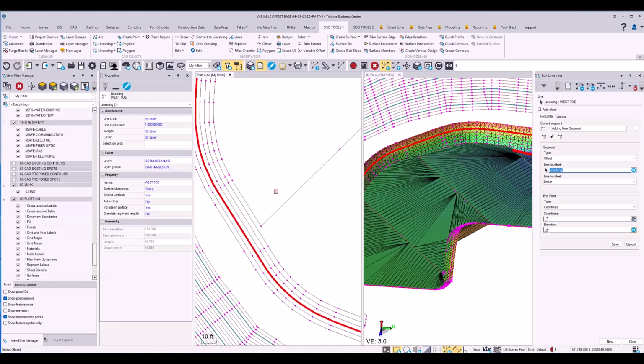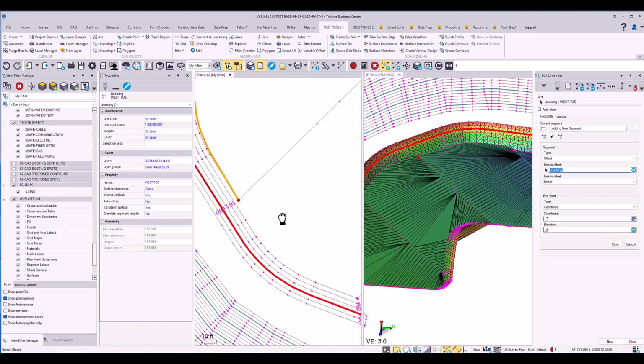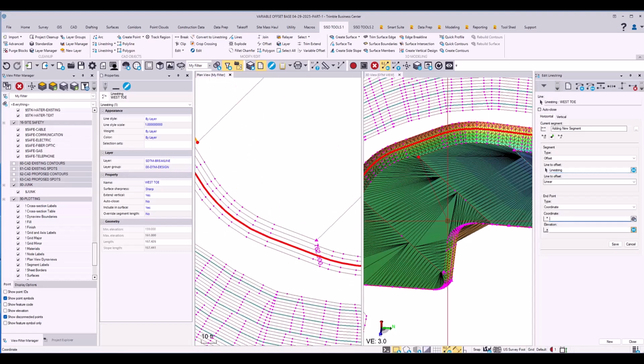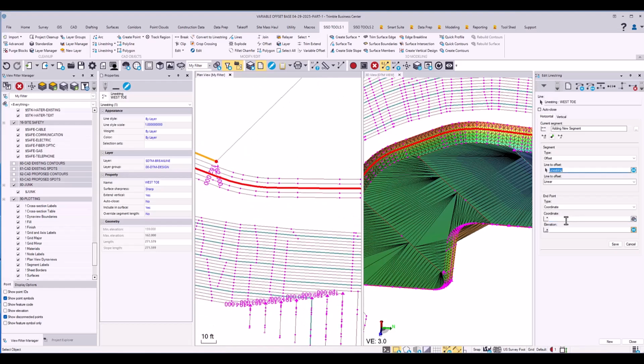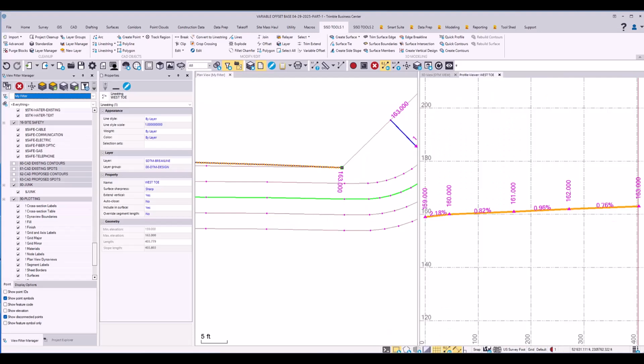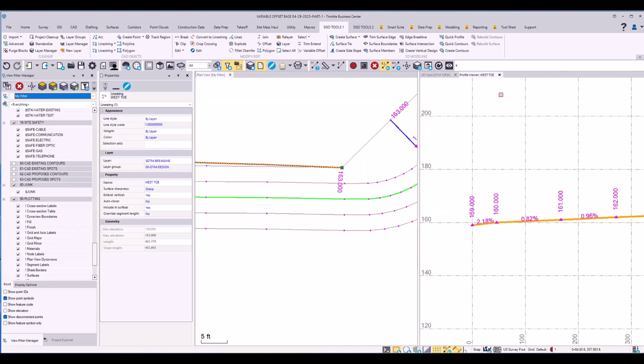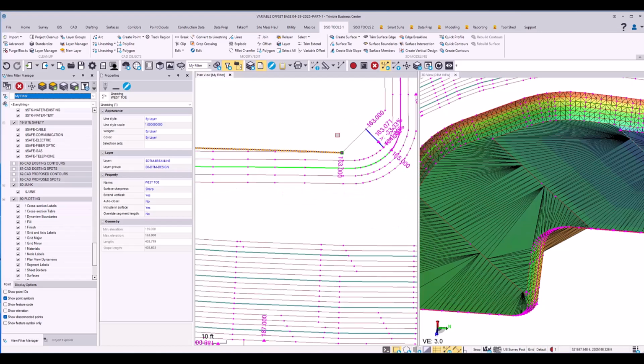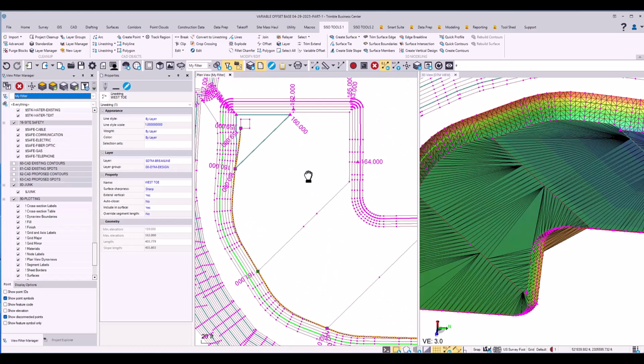I have to focus each time before I pick the point. It's not jumping to the normal focus location. It's actually letting me pick a different one. Okay, and notice it's giving them the lines. And if I go to the profile viewer and look, it's got the nice even slope that we were looking for. We come over to the other side